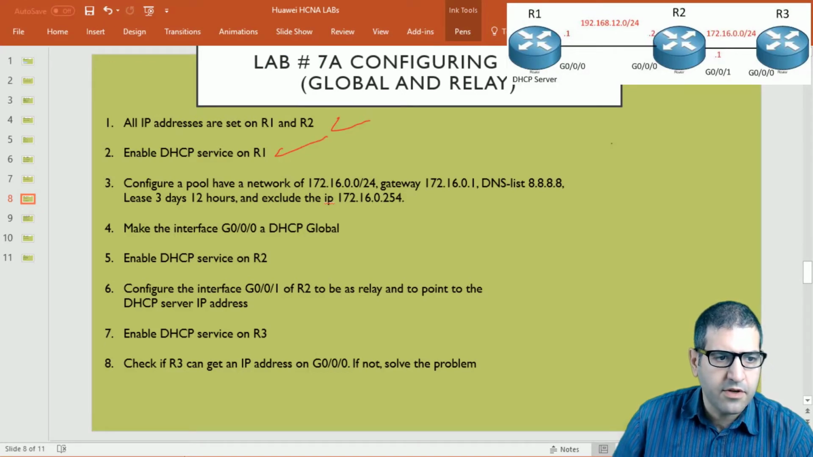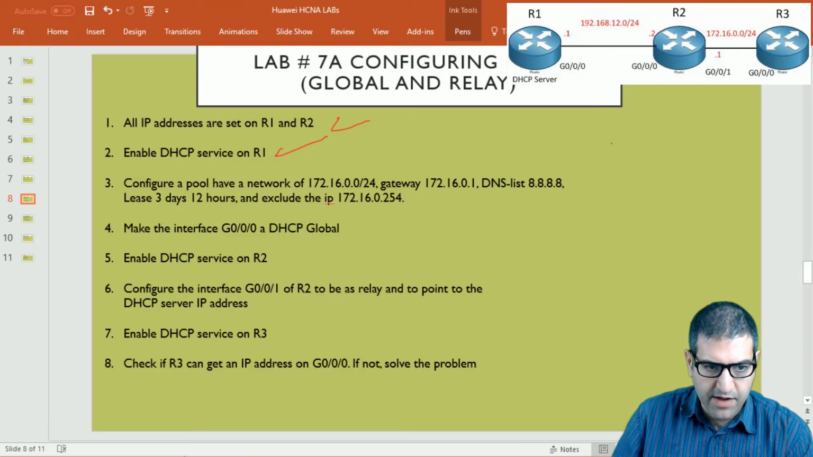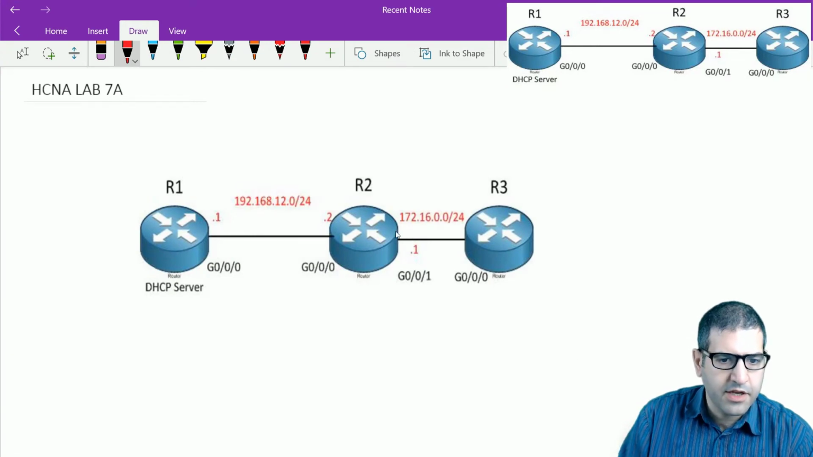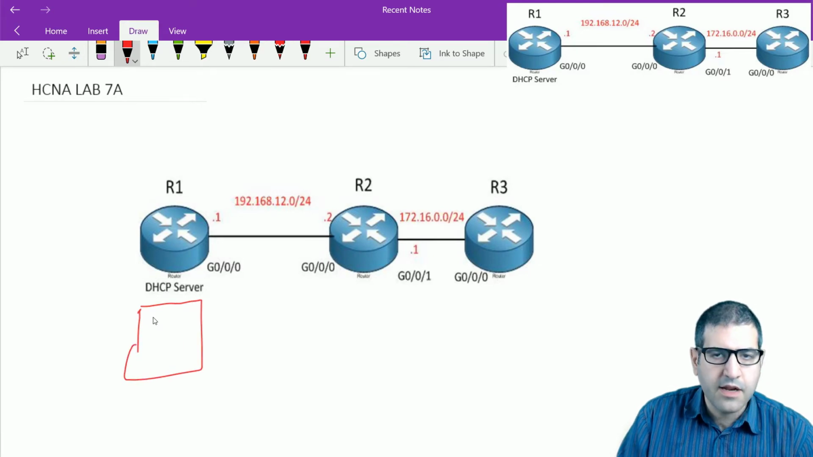Point number 3, configure a pool to have a network of 172.16.0.0/24, gateway 172.16.0.1, DNS, lease time, and we have to exclude the IP address of 172.16.0.254. So what they're asking us here is as follows. If we go back here to the graph, they say, okay, you have enabled the DHCP service here, that's fine. Now we need to create a pool. And inside this pool, you have to say, okay, anyone requesting an IP address from me as a DHCP server, I will give it from the range of